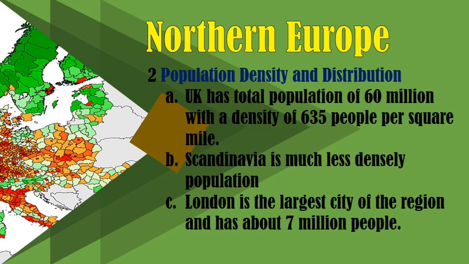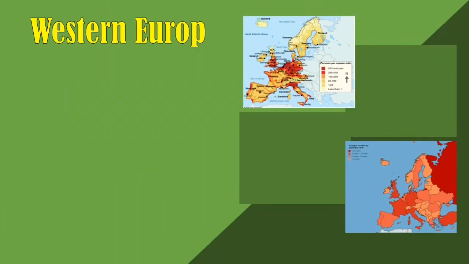On the other hand, London is the largest city of the region and has about 7 million people. It is a multicultural city with people from all over the world. Now for Western Europe,